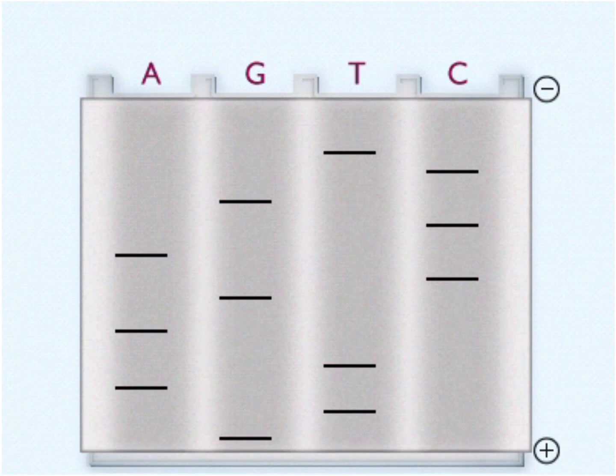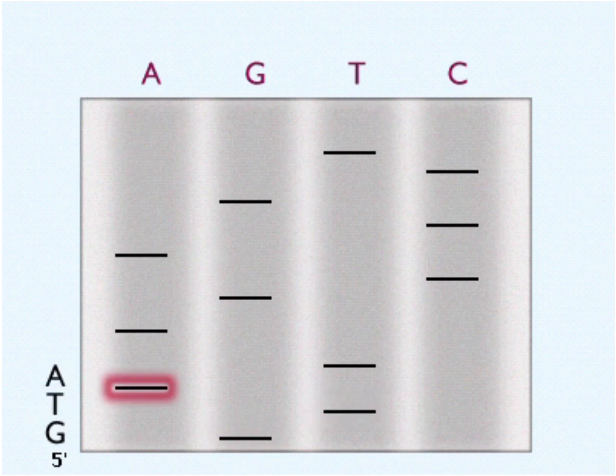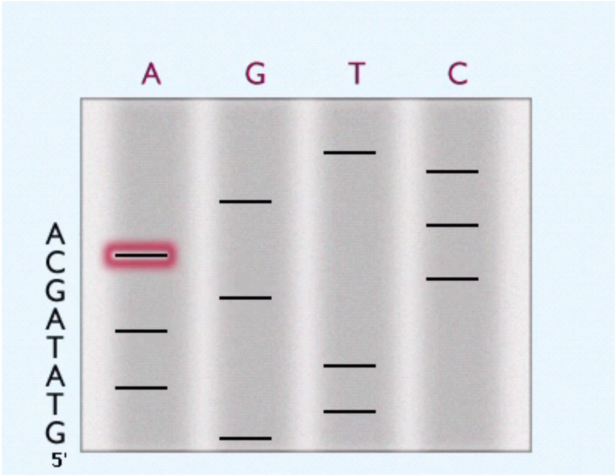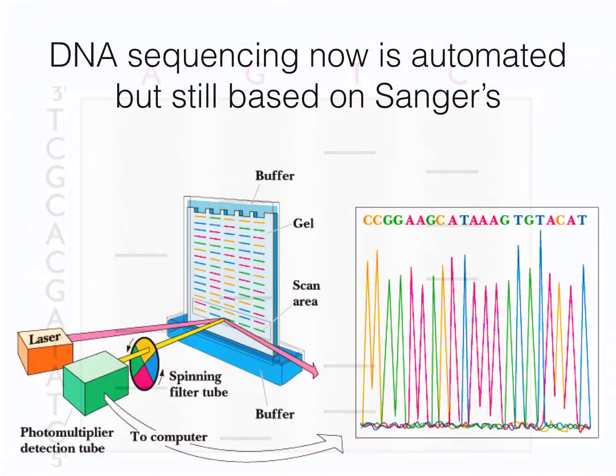So if you notice, the smallest fragment ends with the letter G. So we now know there's the letter G followed by a T, an A, another, and so on, thus revealing now the full sequence of the DNA. Now, if you wish to determine the sequence of the template strand, all you have to do is follow the base pairing rule. So nowadays, sequencing is still based on Sanger's technique,